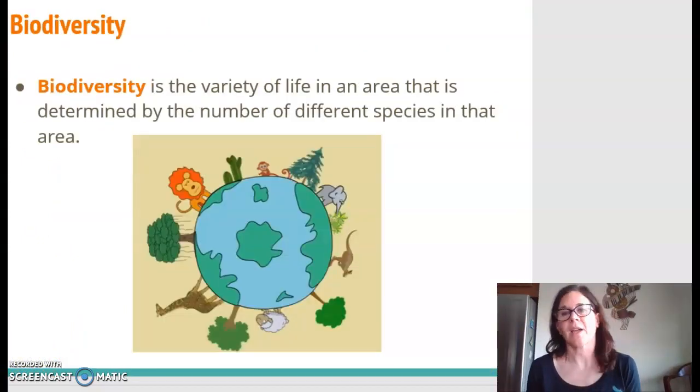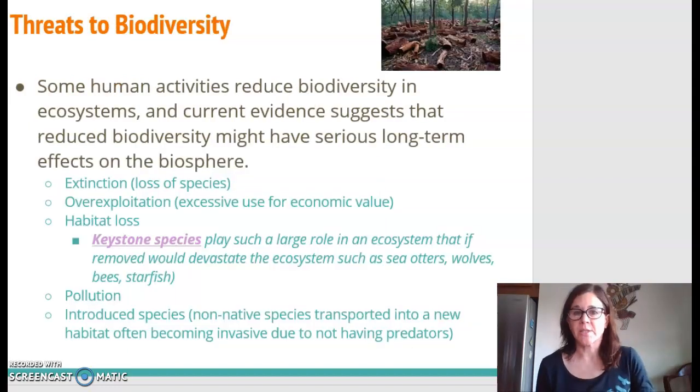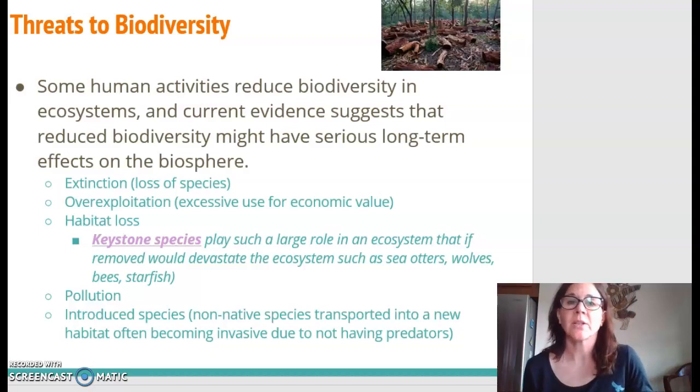Biodiversity is the variety of life in an area. Sometimes we talk about related terms like species diversity, which is the variety of species in an area, or genetic diversity, which is the variety of genes that are within each species. Things threaten biodiversity. Extinction, loss of a species entirely,